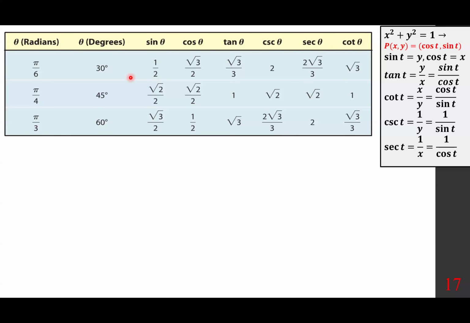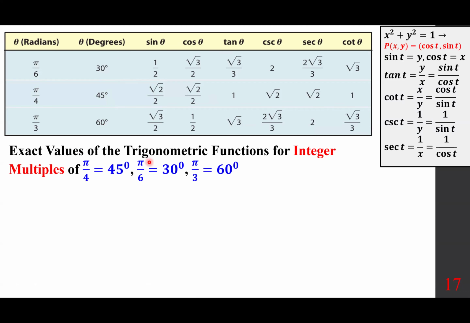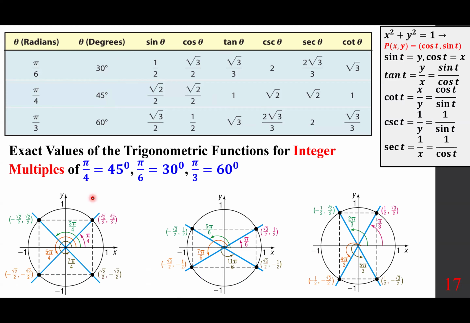All right, so for 30 degrees, 45 degrees, and 60 degrees, we should know the trigonometric functional value. And what we want to do, we want to find the exact values of trigonometric functions for integer multiples of those. So, class, let's start with one of them. For example, pi over 4 is here. So square root of 2 over 2, square root of 2 over 2. So if you go with 3 pi over 4,